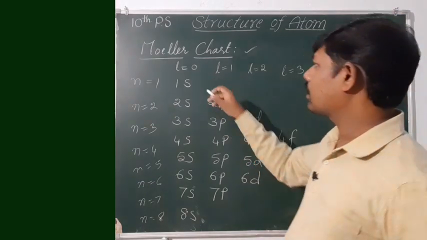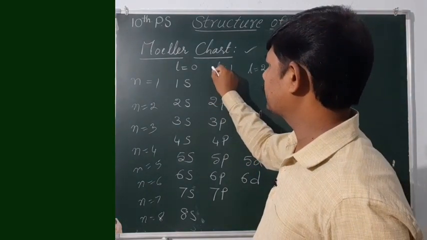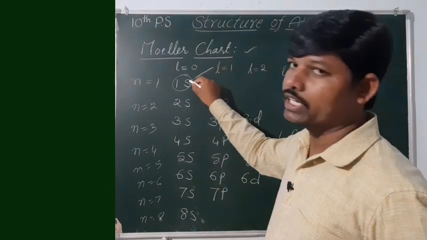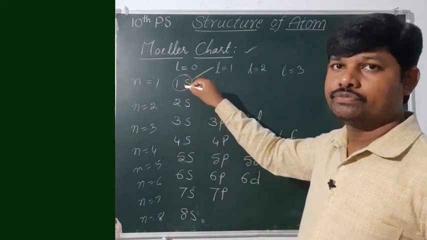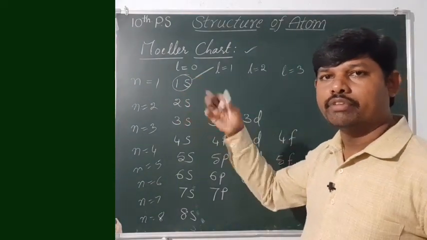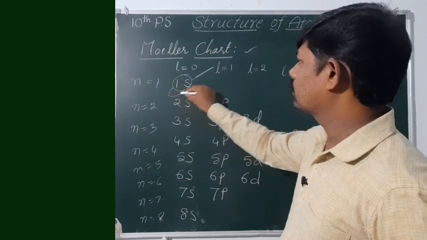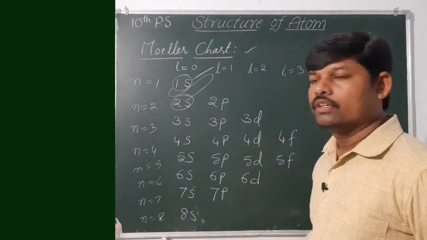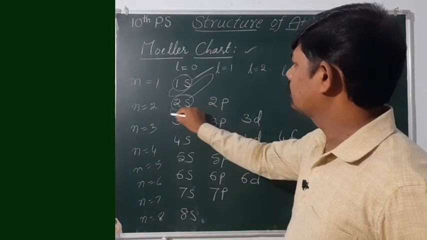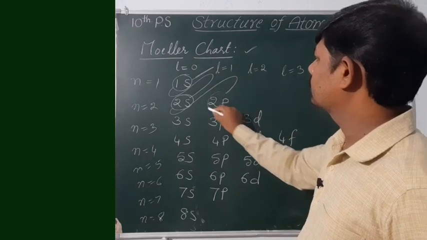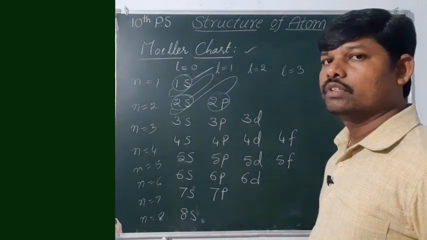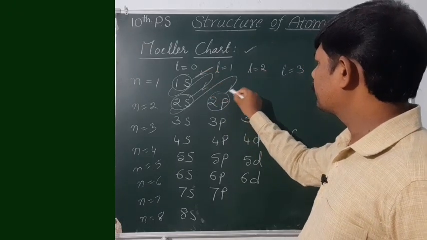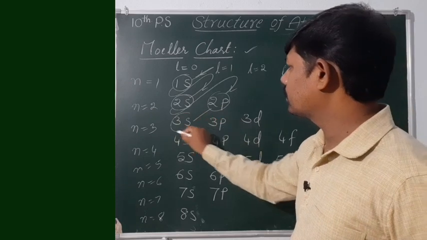So now electrons will occupy first, will enter into the 1s orbital. After completing the 1s orbital, after it is filled, the electrons will come again and enter into the 2s orbital. And after that, we can start from here onwards, 2p orbital. Okay, so this is the order we have to follow. Then after 2p, they will enter into the 3s.